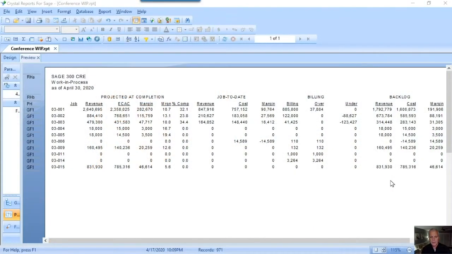Are you on Sage 300 CRE? Are you looking at the accelerated downturn that's coming and know that you need a work in process report to help you measure your financials and your job profitability to get to the other side? I want to show you